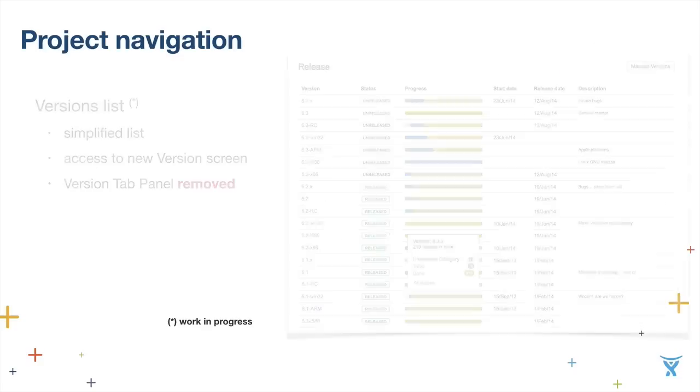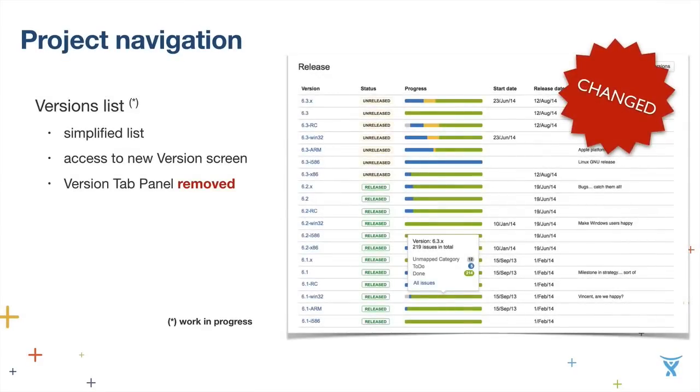And a very similar process has happened around the version list. Again, a lot of simplification that is coming required us to ask ourselves whether the version tab panel is still needed. Again, a couple of vendors, both of them said, we are fine with that. So another plugin point never used that is going to be removed.